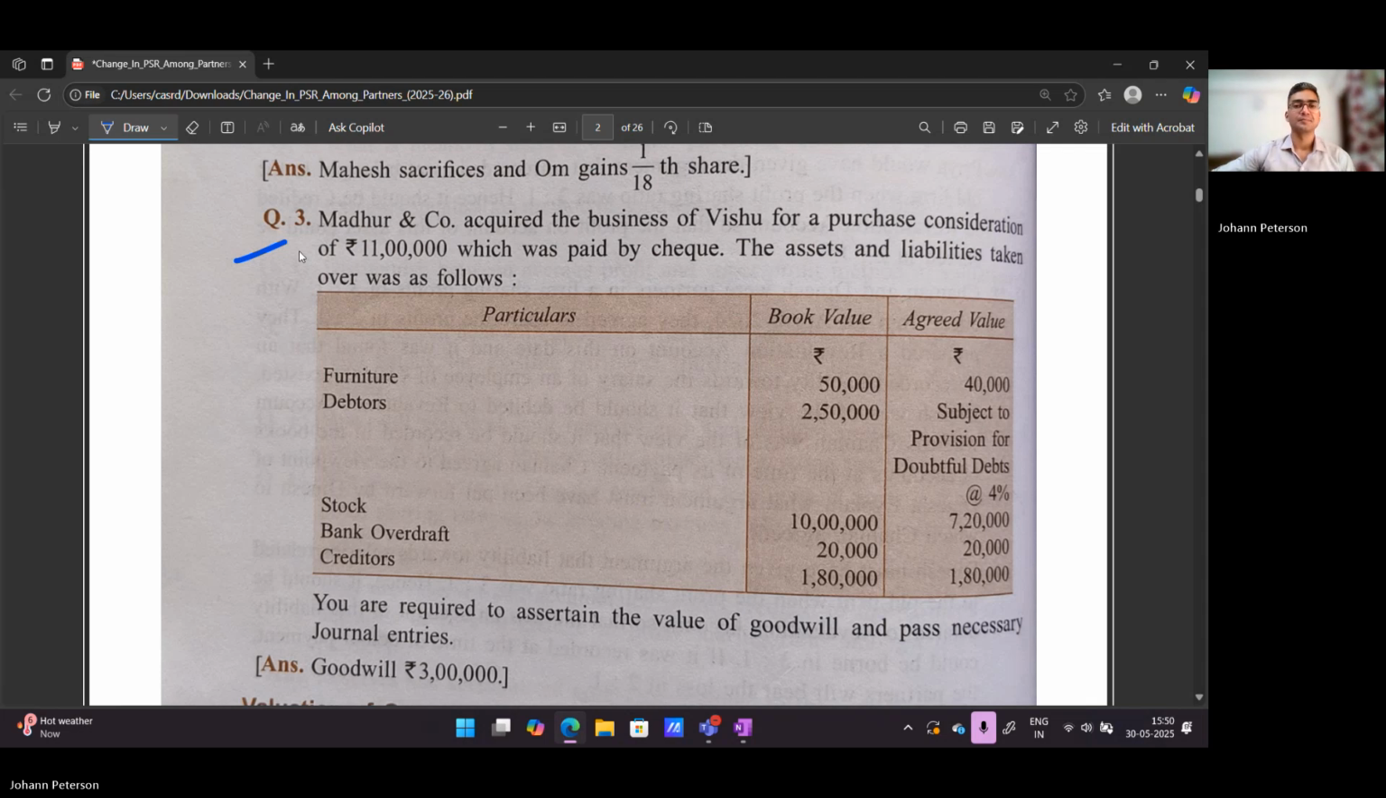Okay. It says Madhur and Company acquired a business of Vishu for a purchase consideration of 11 lakh, which was paid by check. The assets and liabilities taken over were as follows. Now you have two kinds of values, the book value and the agreed value. We always have to consider the agreed values. So here we have been told assets and some liabilities, and we have been told a purchase consideration. So let's calculate our total assets. Remember what I got you to write? Goodwill is purchase consideration minus the net assets. So for our net assets,